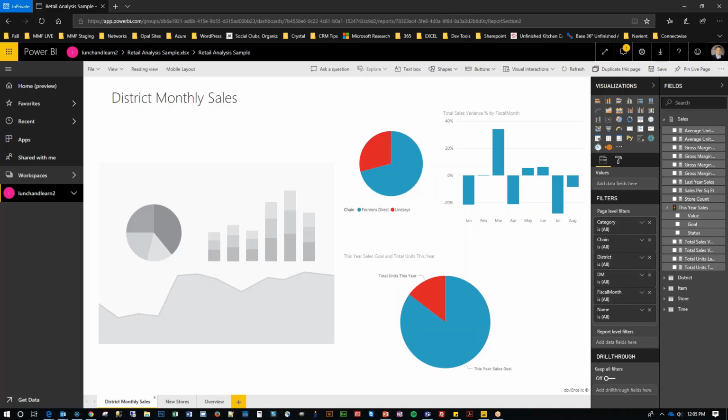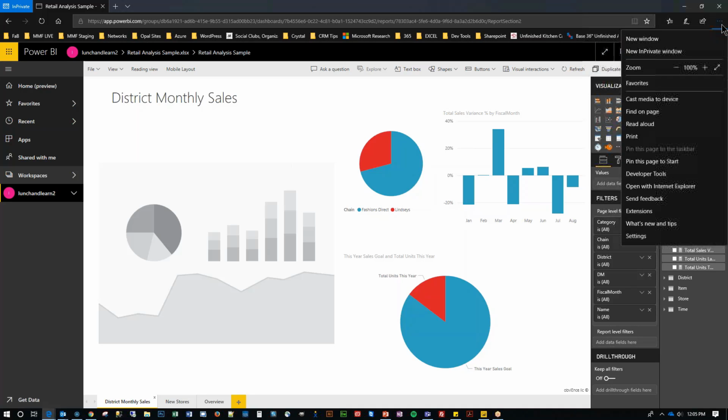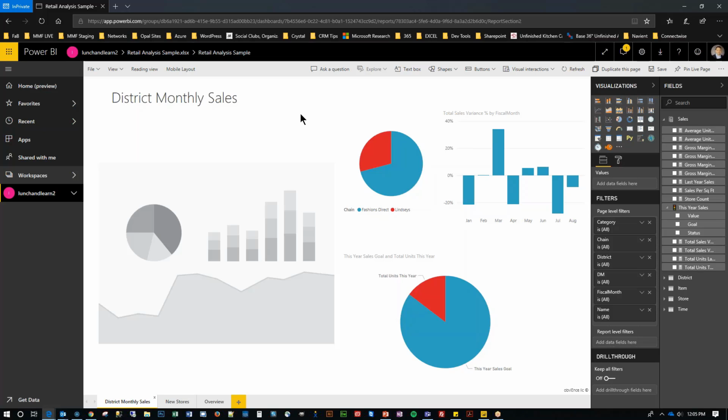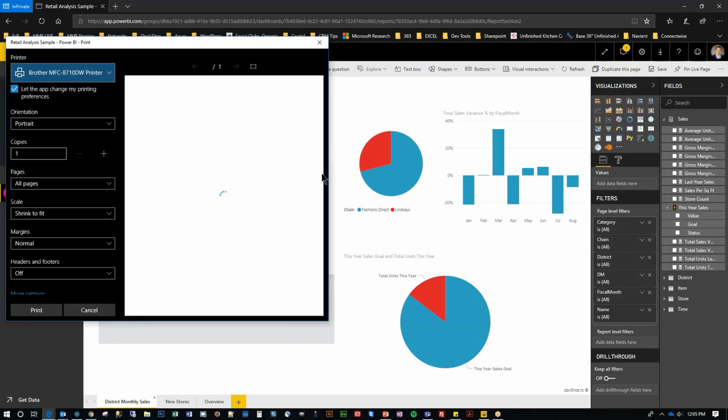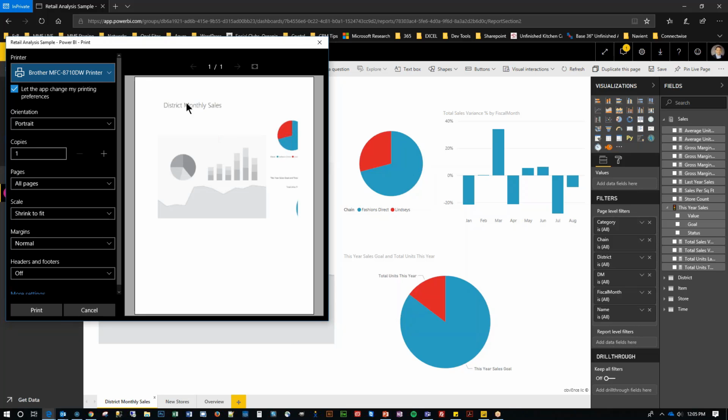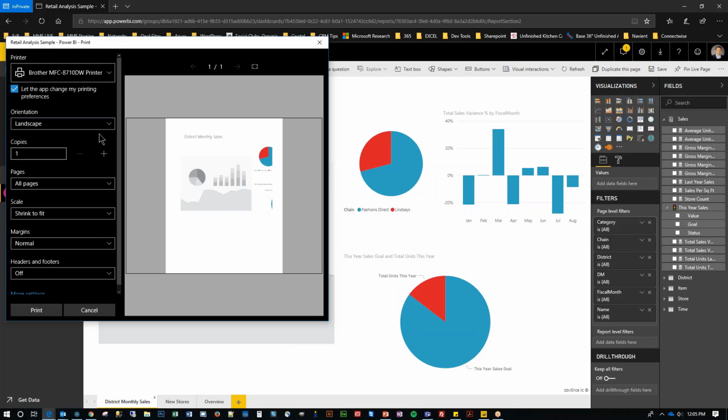The simplest approach to do that, as you can see, I'm looking at everything here. From your browser, you can go up and click on the 3 dots or find print, depending on the type of browser you're using, and go ahead and select print. When you select print, it's just like any other document. It's going to allow you to print to whatever you're looking for,